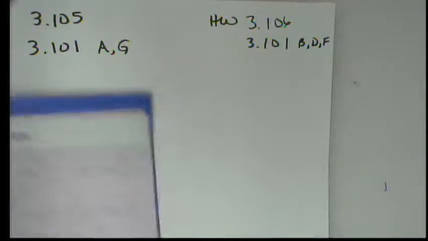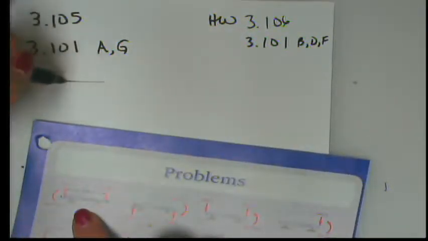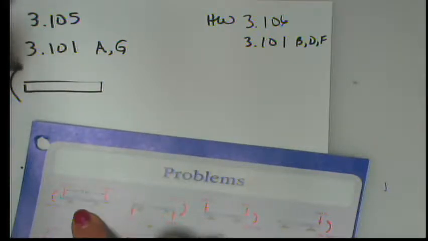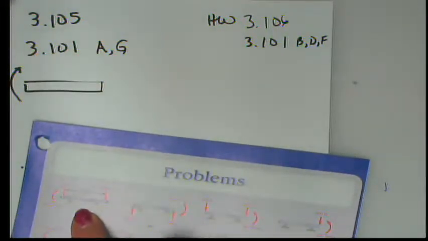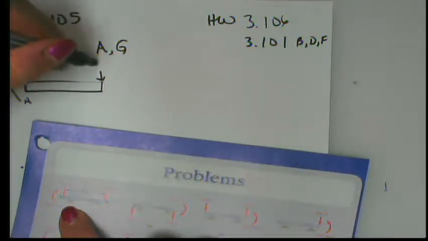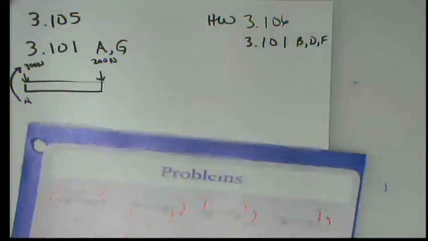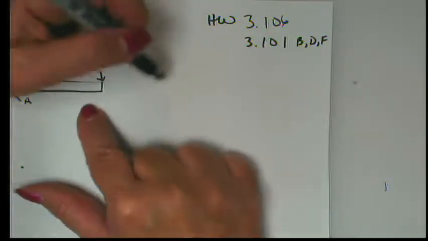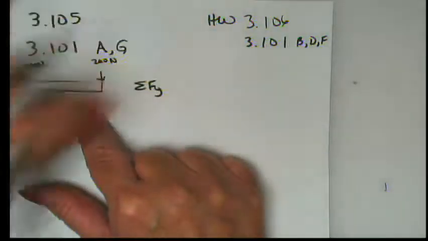we have a beam that looks like this, and we have a 400 Newton meter clockwise moment on that beam, and we have at point A a 300 Newton force, and at point B a 200 Newton force. All right, so the first thing that we want to do is to find the resultant of those two forces